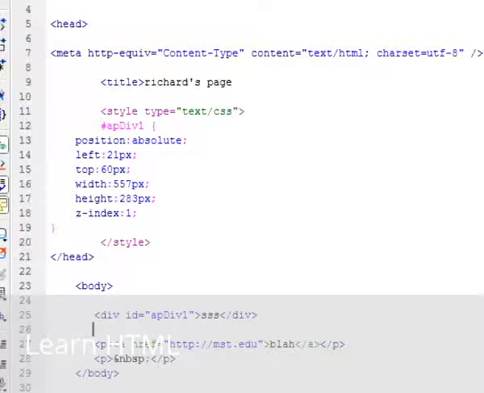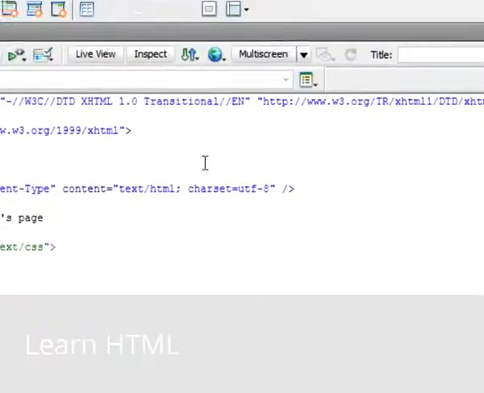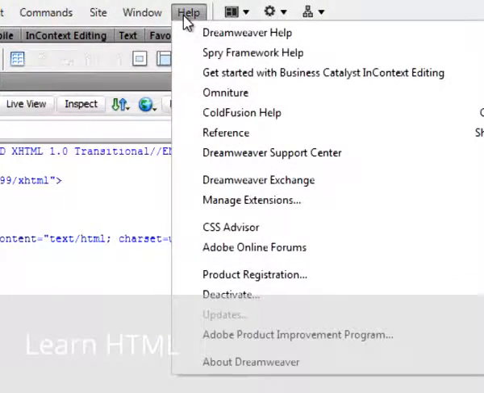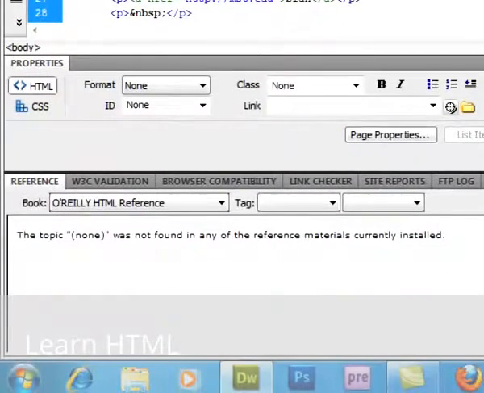All right, well, one last thing I want to mention is obviously HTML would require a lot more than just a 15-minute little lecture, and it would take you a really long time to learn all the things about HTML, especially if you're going to memorize all the different elements and all their attributes and all the names and values, etc. So I just want to give you a couple of resources. One is that Dreamweaver actually has its own resources. So I can go up to Help and then say Reference, and lo and behold,